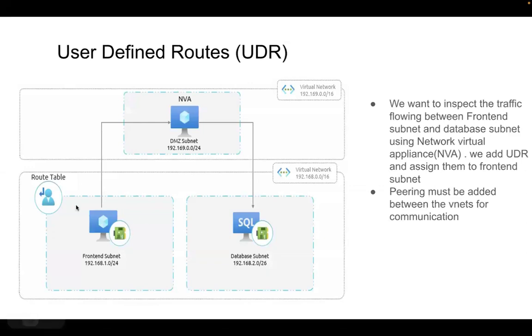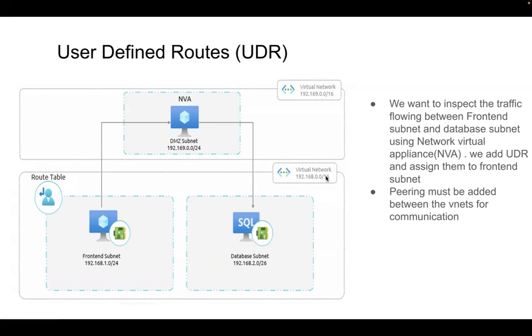So what we are trying to do here is there is a requirement that whatever requests are coming from the front-end subnet should be inspected in a network virtual appliance, and then passed to the database subnet. So if I don't create a network virtual appliance here, then what happens is that these front-end subnet and